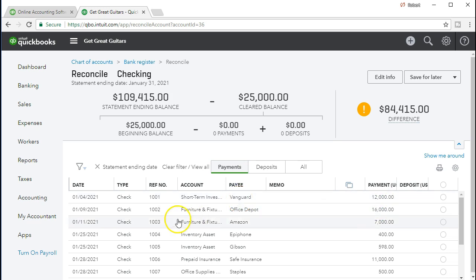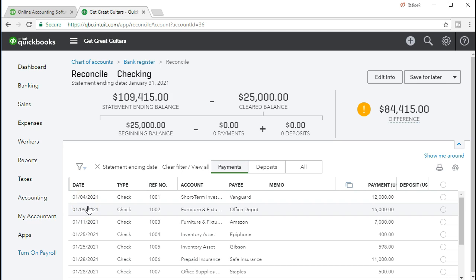So the amount and the check number will tie out, and those are two great indicators here. The date you would think would be a great indicator, but note that the date will never tie out because the date is always going to have to be sometime later than what we put it in our system for on the bank statement. So if we wrote this check on 1/4,